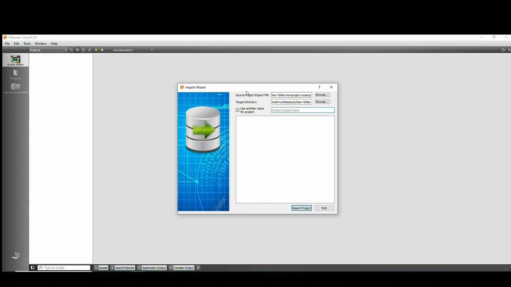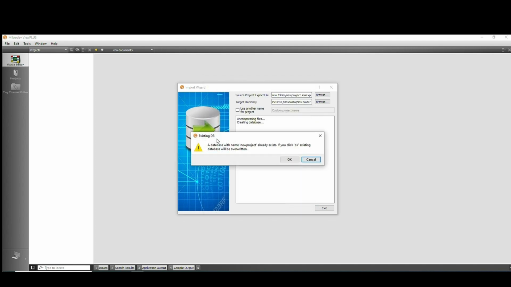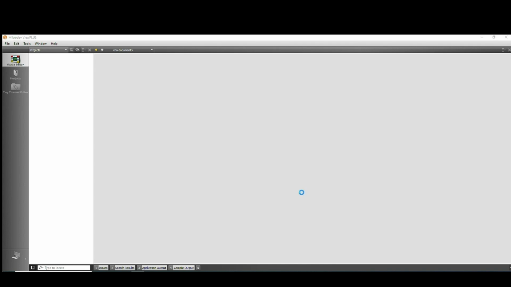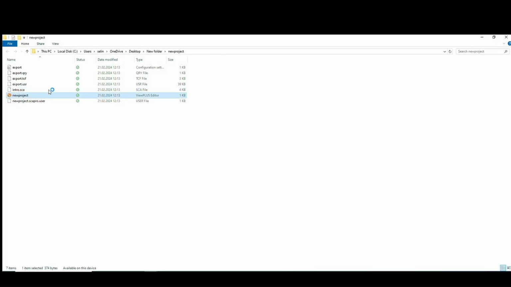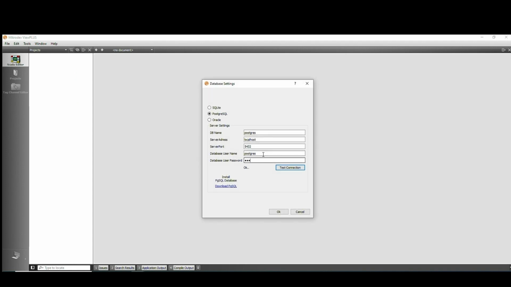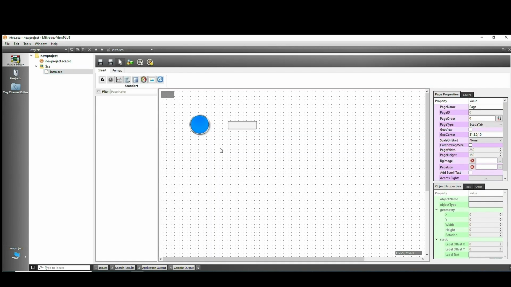If you do not check this option, a new project will be created with the name of the project you created previously. By entering the database user password, you can now import your project. Let's open the created project and examine whether it has the details in the previous created project. The two components present in the previous project we created appear here.